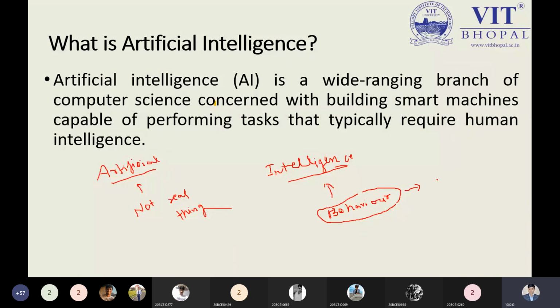That is it. So our intelligence can be identified by some senses, and the senses could be speaking,